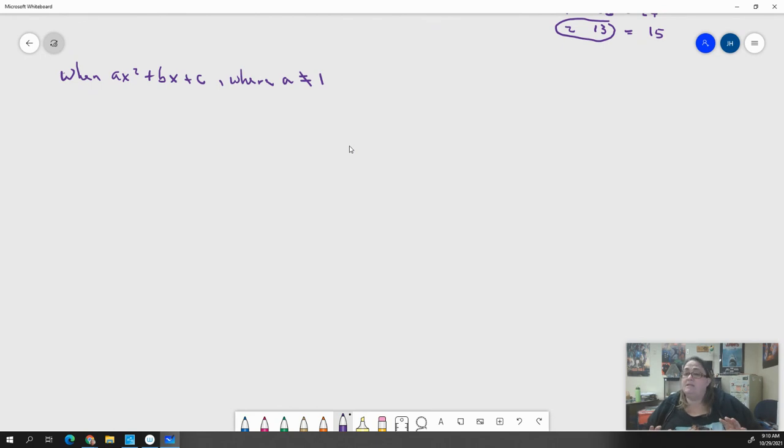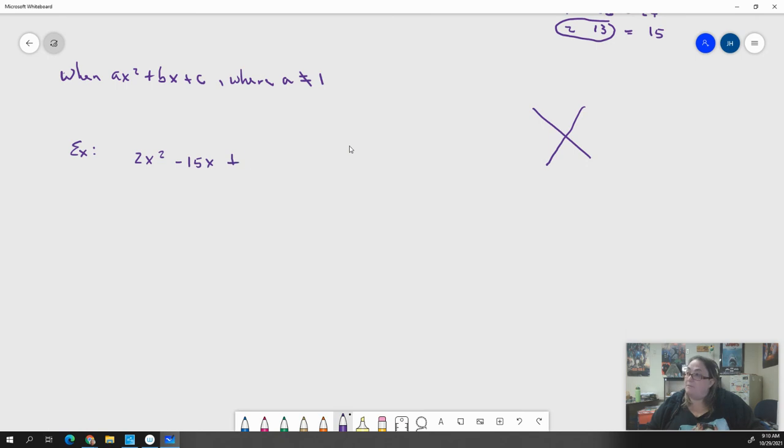You guys probably throughout your years have been taught different tricks for doing these problems. I know some people use this X thing where they put the factors in here and the problems in there. I don't know how it works. If you know how to work that, go ahead and use that method. This is the method I like to use because it doesn't change much from the original method we use when a is 1. So if I have, for example, 2x squared minus